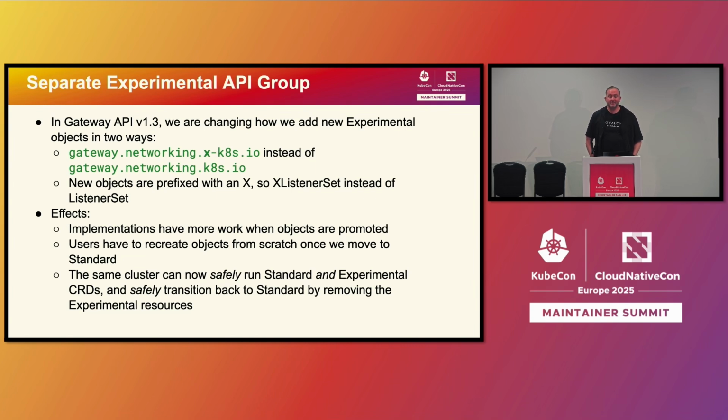I mean, it's a really great question. I don't know yet is the answer. I think we're going to have to see how it goes. Again, part of this is literally experimenting with experimental, right? We are trying this out because we know that we have problems with the current approach. We want to be able to try something. This is sort of the minimum viable change that we could come up with that, while it is impactful and it does require people to do things,